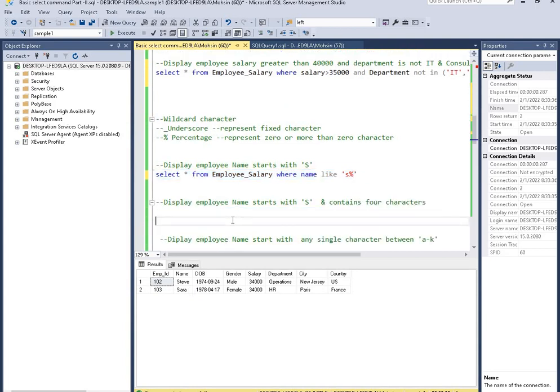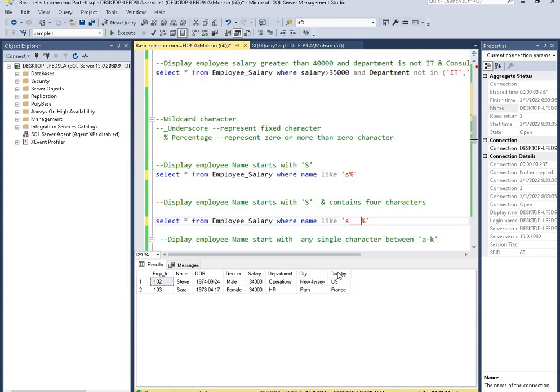And the next question is display employee name start with S and contain 4 characters. Let me copy this, paste here. It should start with S and contain 4 characters. So S is 1 character, underscore is second, underscore third, underscore fourth. As I told you, underscore represents a fixed character. 1 underscore means 1 character.